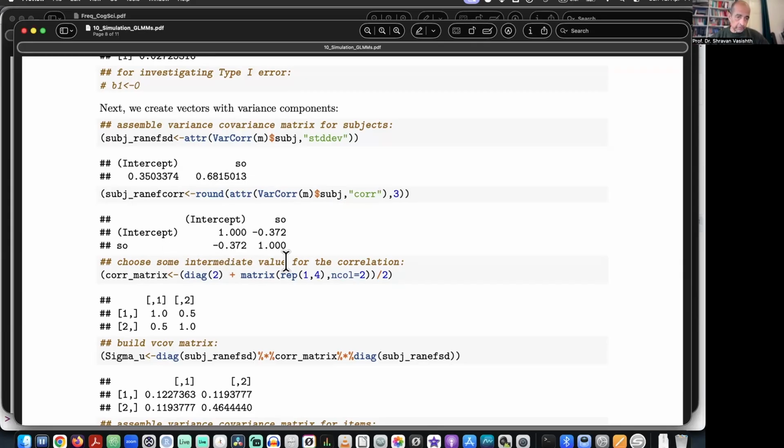On the diagonals, I've got ones. On the off diagonals, I've got the correlation between the intercept and slope. Okay, so just for illustration, I'm going to choose some intermediate value for the correlation, let's say 0.5 instead of minus 0.37, right? If I had set these values to 0, then I'd assume that there's no correlation at all between the intercepts and slopes, right? And if it's minus 0.37, then that implies that increasing